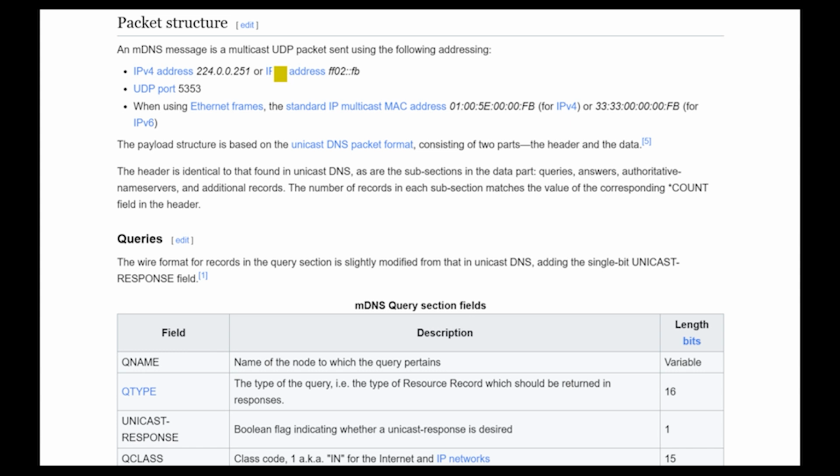Okay, so the multicast IP address for mDNS, the multicast group, if you will, is 224.0.0.251, so that's for IPv4, and then IPv6 is FF02::FB. The interesting part is, at least with PCs, when they're doing a transaction for mDNS, they'll concurrently do IPv4